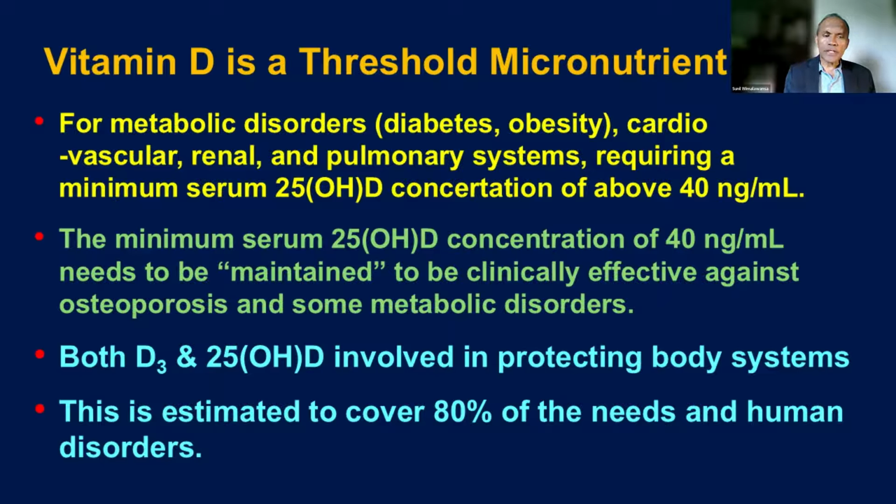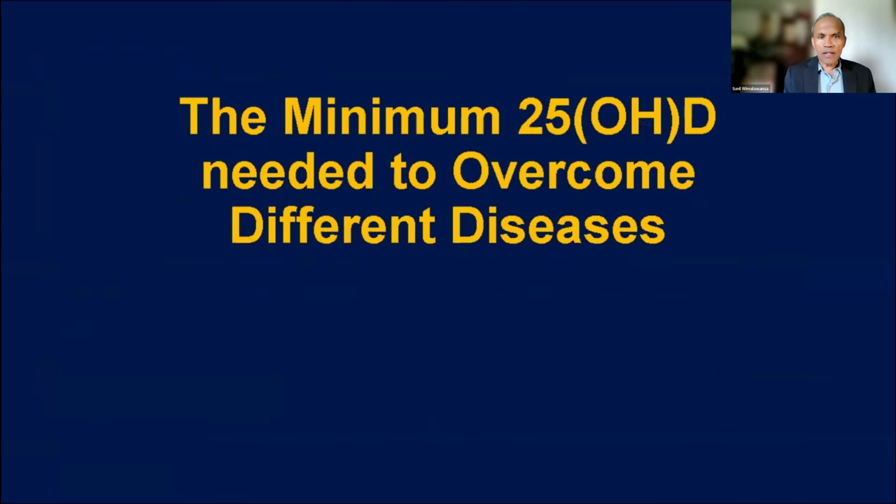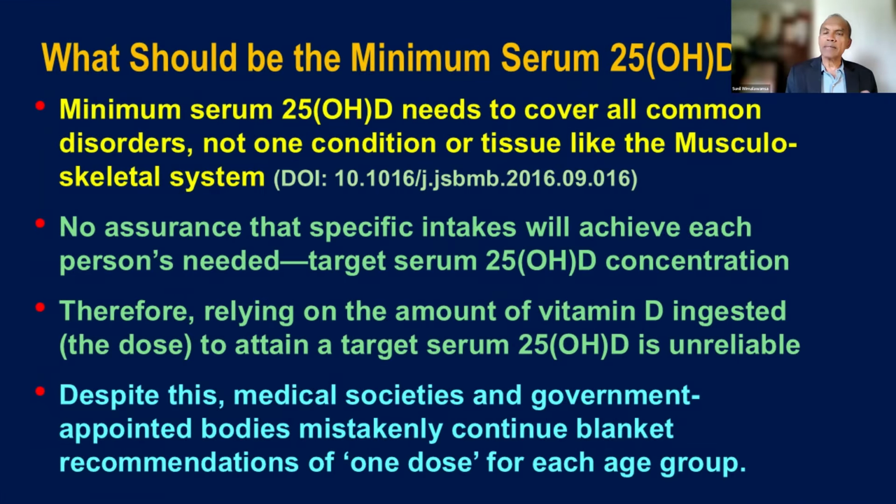So remember that both D3 and 25-hydroxy-D are involved in protecting different body systems because their thresholds are different. The minimum level needed to overcome the various diseases differs. For the musculoskeletal system, as we discussed, about 20 nanograms is more than enough, whereas diabetes and similar conditions need about 30 to 40. Whereas infections, cardiovascular diseases, autoimmune disease prevention, and all-cause mortality need a minimum of 40, preferably